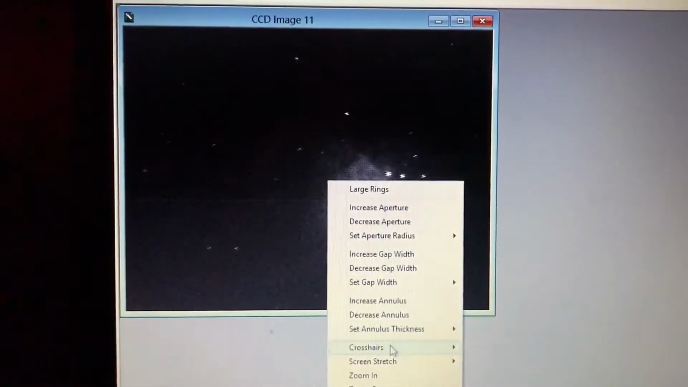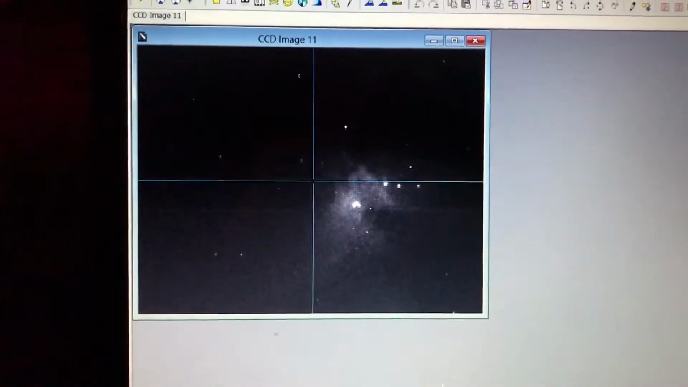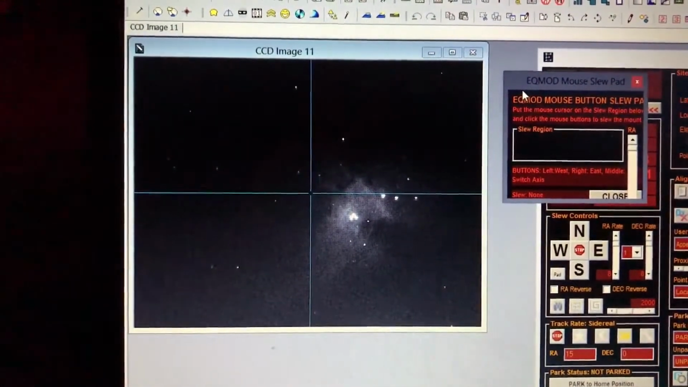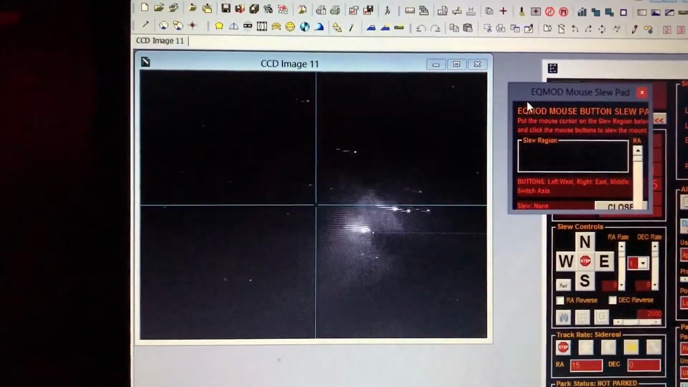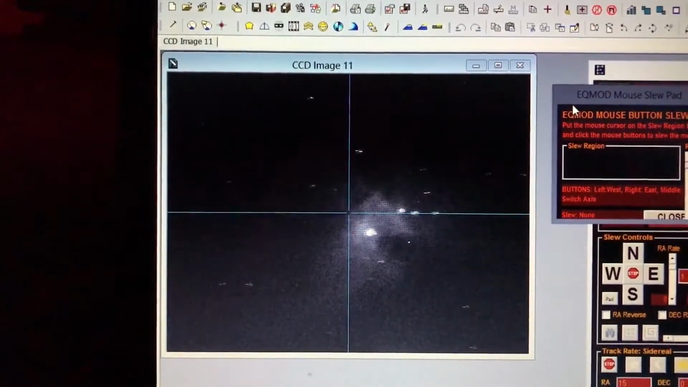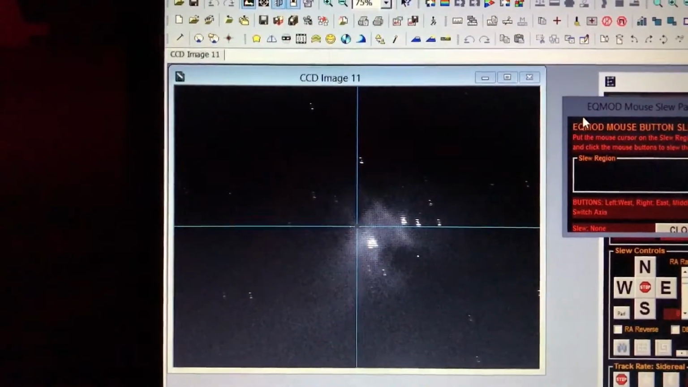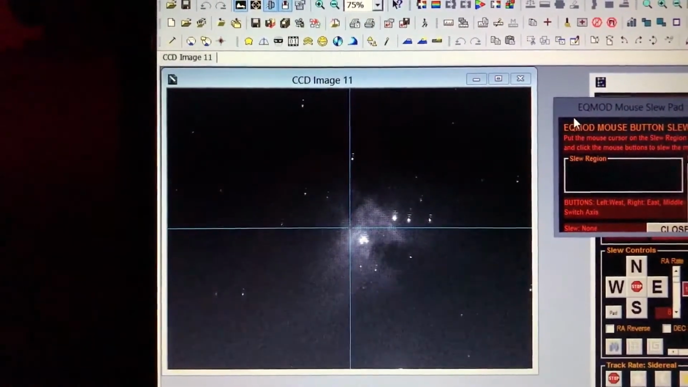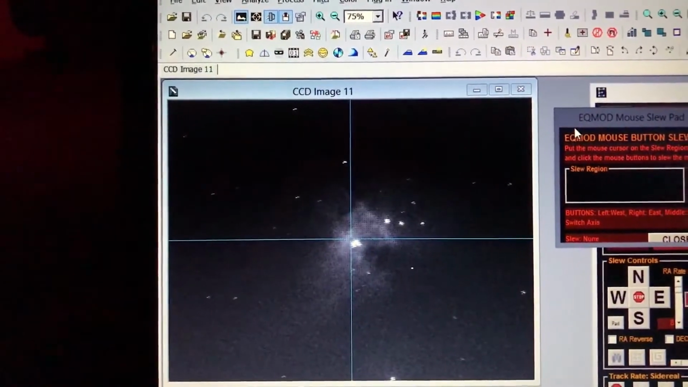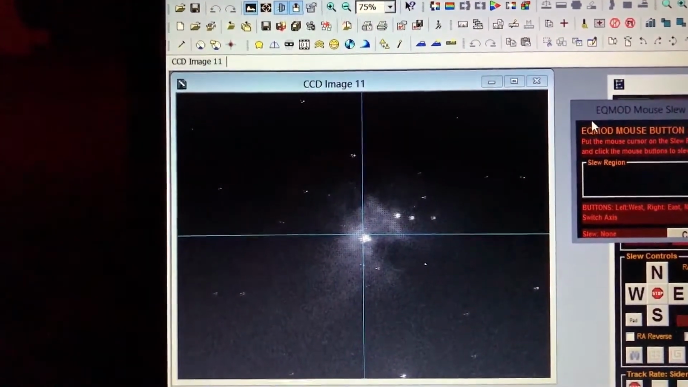Let's just get the crosshairs for like that, just to use them. Wrong way. I'm going to use the trapezium as it's called. You can see the central 4 stars in there. You probably can't see it's 4 stars now, but it is 4 stars. It's 4 very bright blue stars that are actually